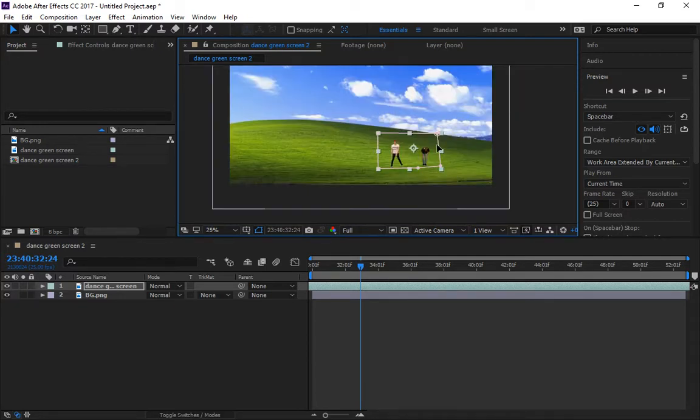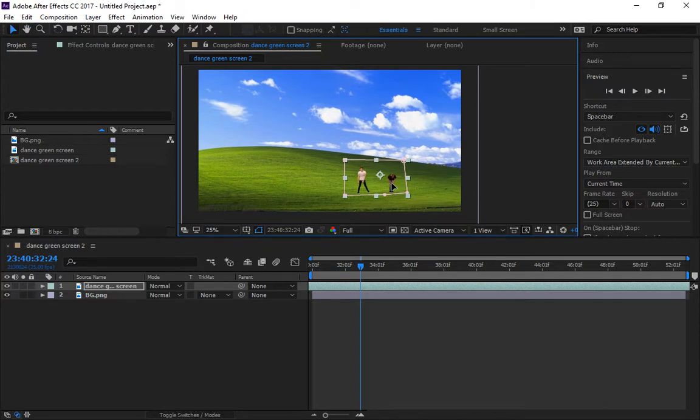Here around, they need shadow. How can I create a shadow? I can use the same layer for creating shadow. So I just duplicate the layer. First of all, let's